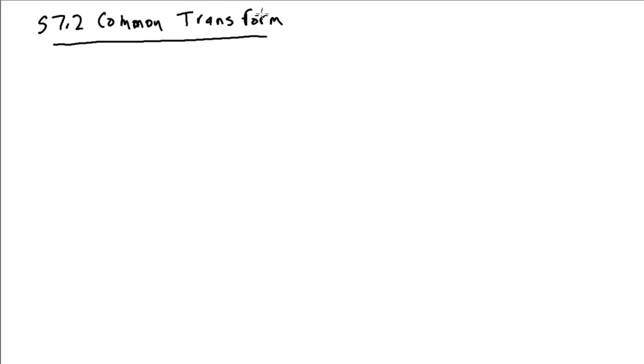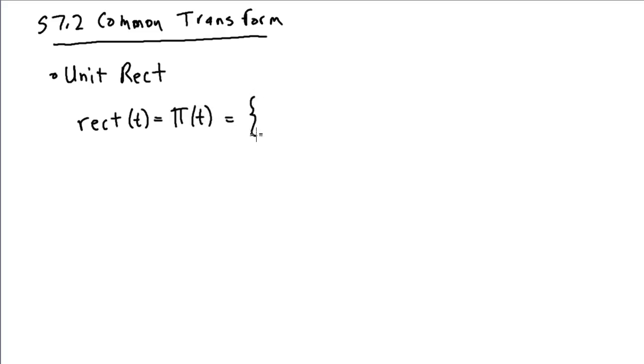Now let's look at some common Fourier transforms. First, before we do that, let's define a couple of new signals, some new definitions that will come in quite handy as I work with Fourier transforms. One is the unit rect function, the unit rectangular function, and you'll see this indicated as either rect of t, or you also see the notation capital pi of t, but it's defined as 1